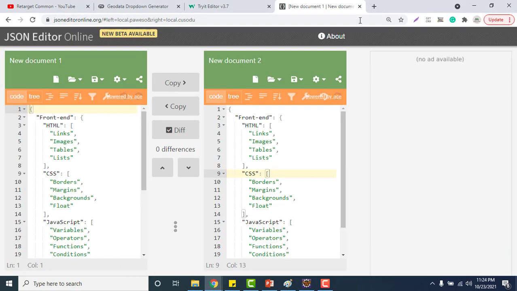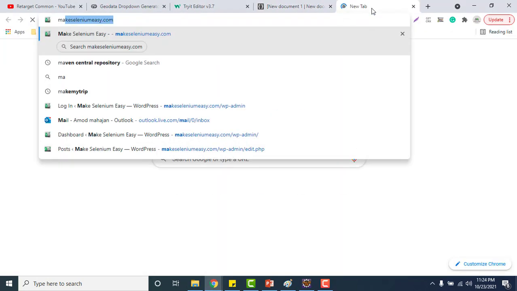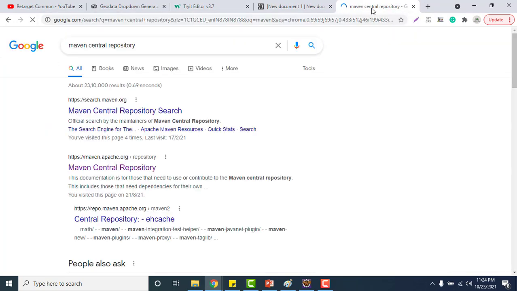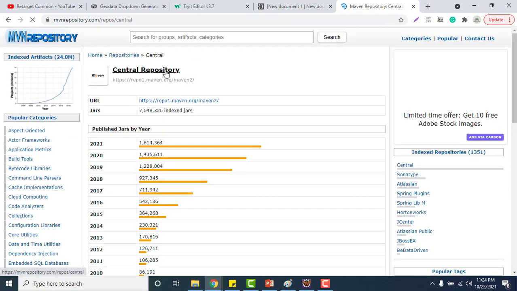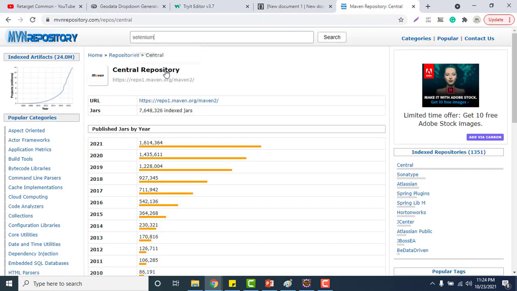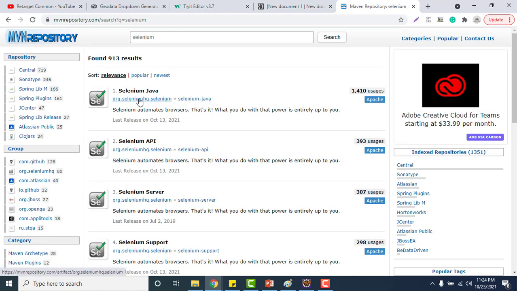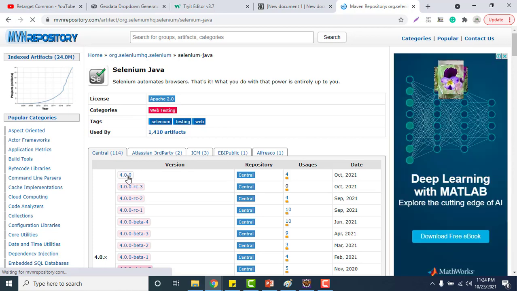For that I will go to Maven Central Repo, and here I will search for Selenium, and I will use the latest version, like Selenium Java 4, which was released recently.